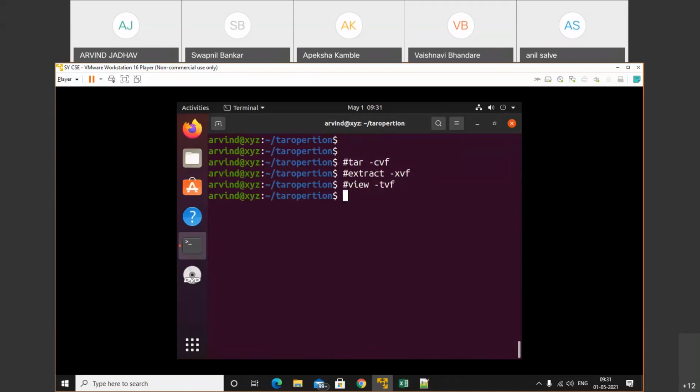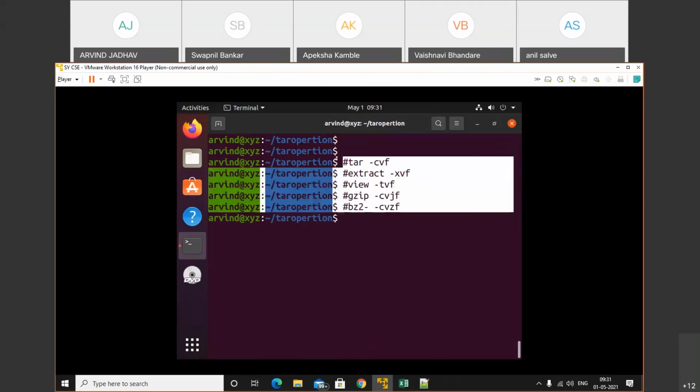Now if you want to create the gzip file, then we will pass the option cvjf. To create a bz2 file, pass the option -cvzf. Okay. So these are the 5 most useful commands, and by using that we can perform compression and decompression of algorithm. If you have any query, let me know.